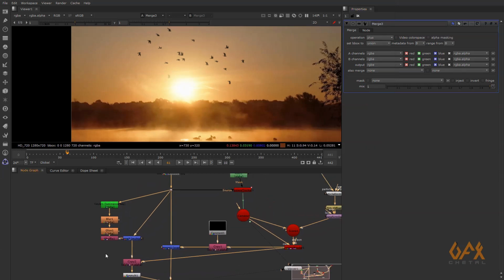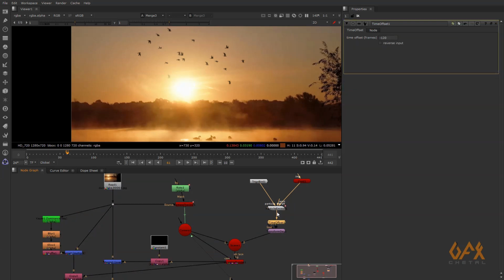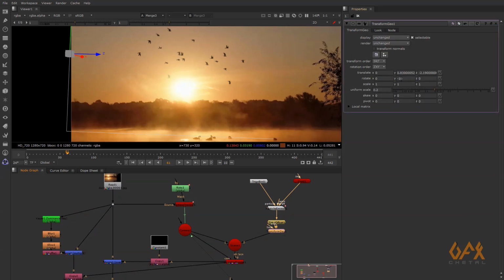Okay, now even you just select this transform geo, reduce the height of the bird, even you can change the size of the bird like this.